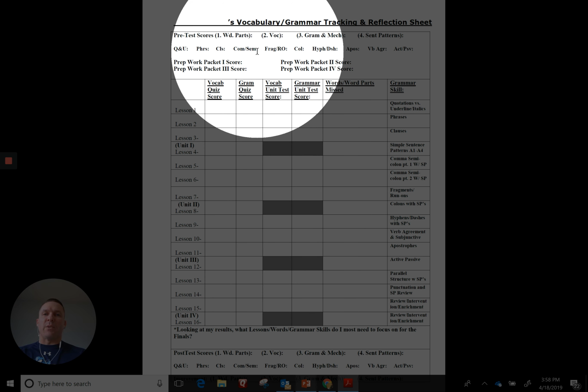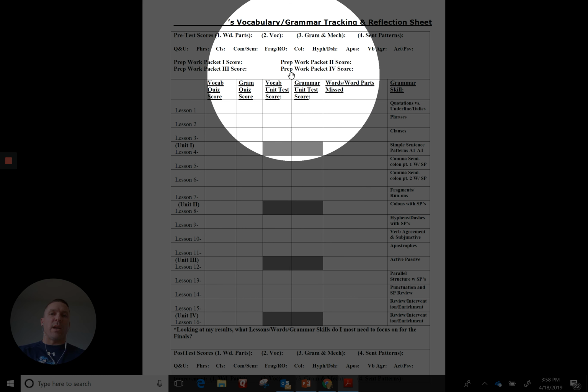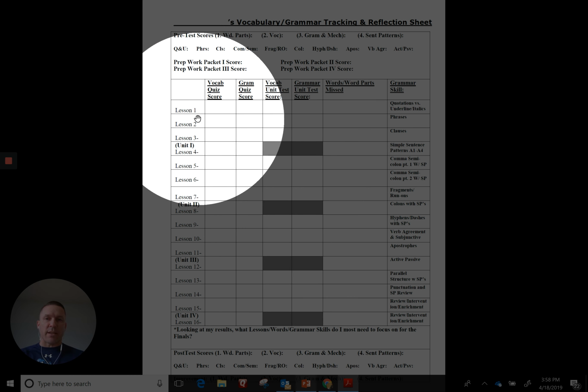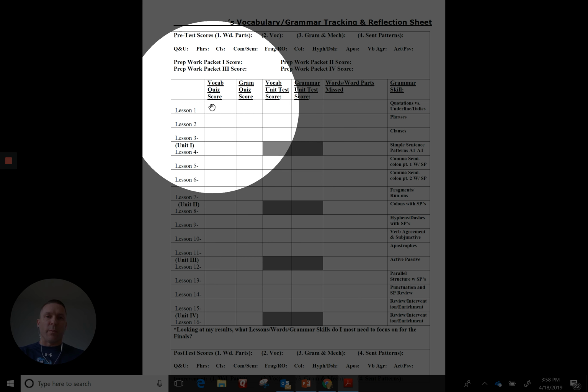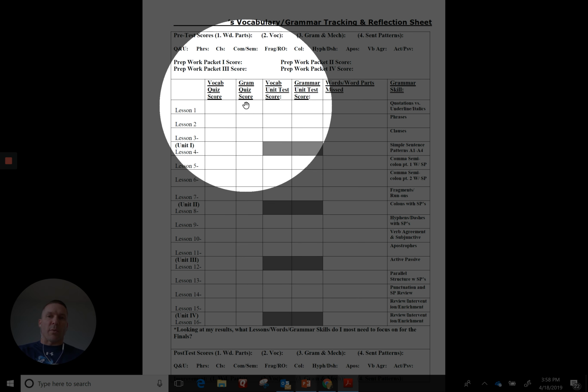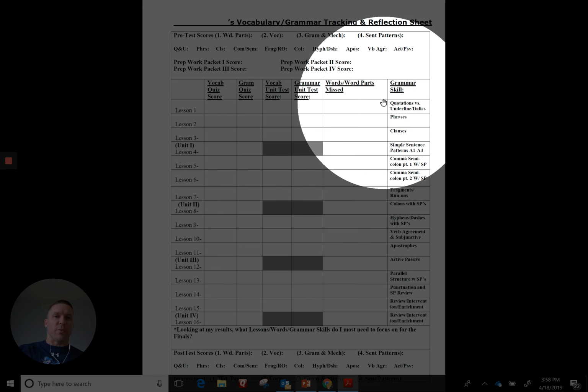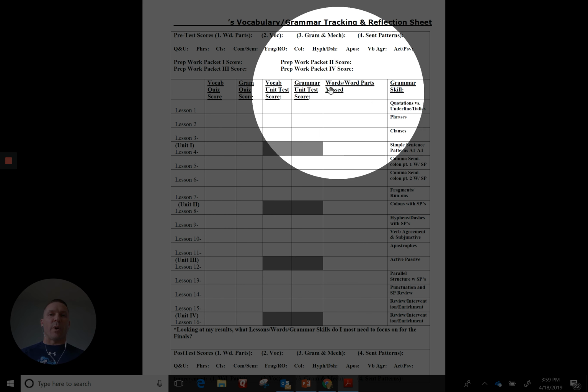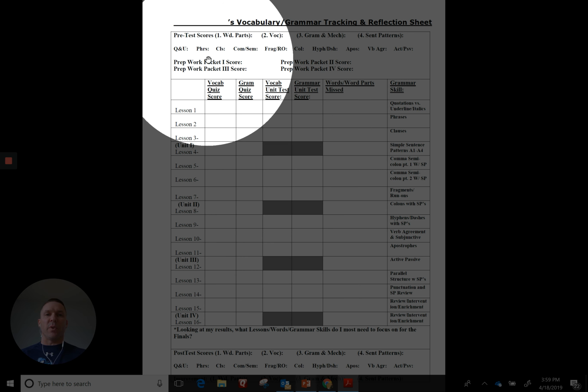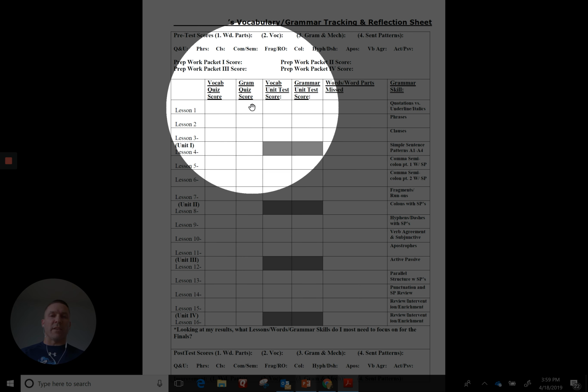So as we progress along the way, I'm now going to record here my prep work. How well do I prepare and practice along the way? And then along the formative assessment with each lesson, when I take a quiz or a formative assessment, I'm going to track my progress. So in this grammar skill, which was underlining or italics versus what I put in quotes, I started 1 for 5 on the pre-assessment, and now on that lesson 1 formative assessment, I move to 8 for 10.